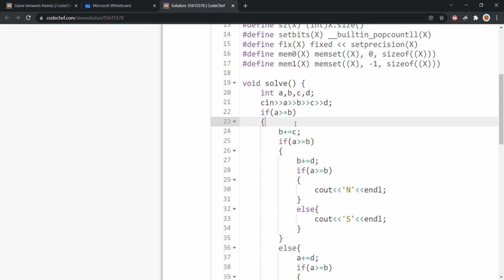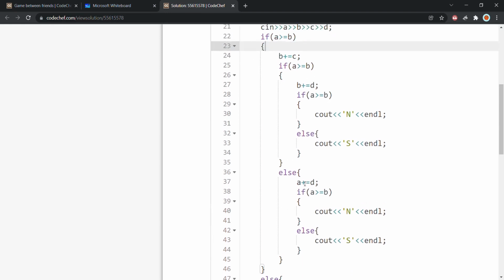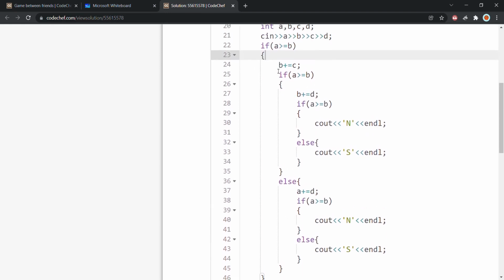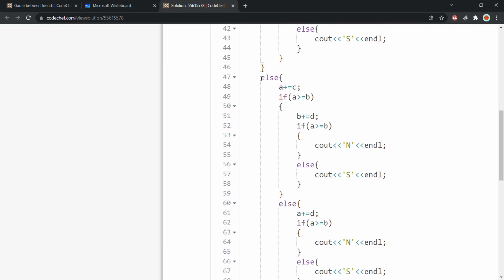Then in that case also Saubhagya is not the winner, so we just need to add more coins to Saubhagya itself, and now we are comparing who is the winner of the final round. Just a simple comparison using if, and if Nitin has more coins, then Nitin is the winner, otherwise Saubhagya is the winner. The same else part is repeated here, just the condition is reversed. Earlier we added coins to Saubhagya, now we are adding coins to Nitin, and this is for the case where both players have the same number of coins.